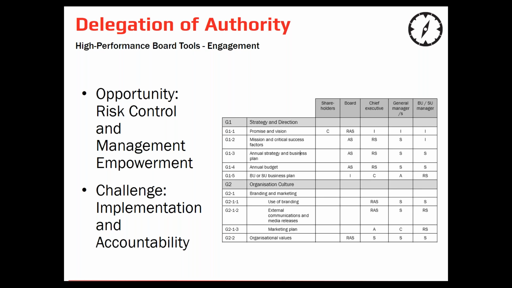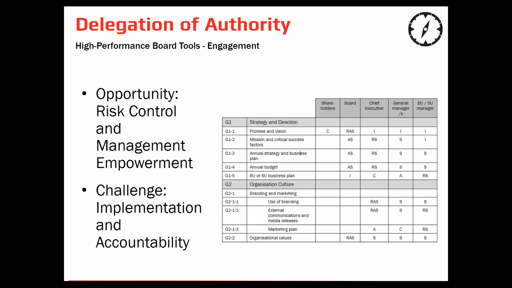So there's really a wonderful opportunity to use delegation of authority to release the chains, and a new board would typically have quite tight reins, or a new set of directors would like tight reins around the management team until such time as they've established a little bit of rapport and understanding around what this team is really capable of, and then over time start releasing some of those and putting power back into management's hands.